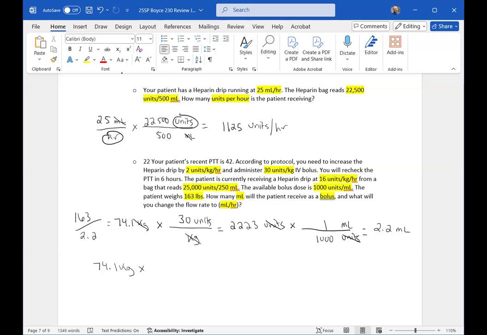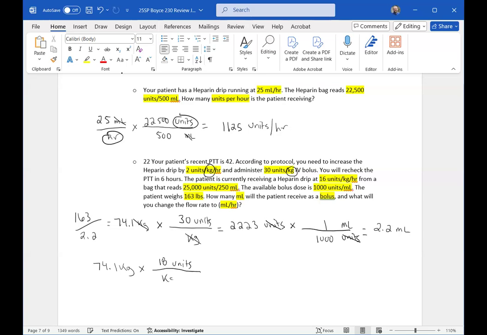Now, the clue that you need to incorporate the patient's weight is the fact that your orders include the kilogram listing there. So you want to make sure you incorporate that when you are answering these questions. So I have 74.1 kilograms and we're calculating the infusion rate. Now it says we're increasing it by 2 and our original was 16. So all I'm going to do there is just add them together. So 16 plus 2 will give me 18 units